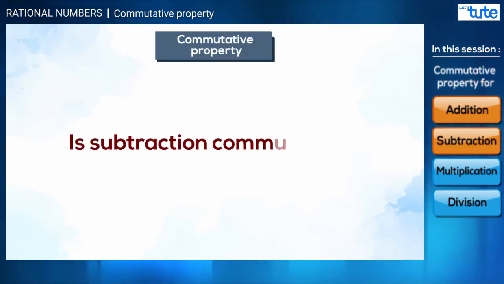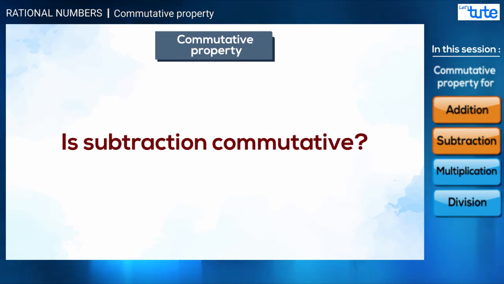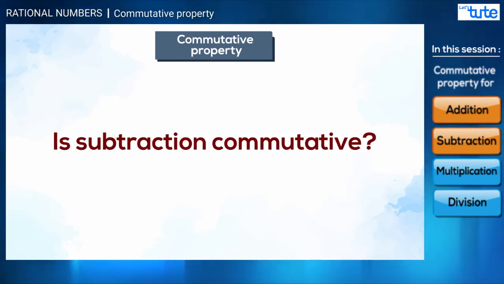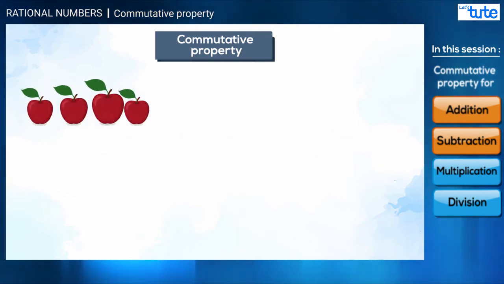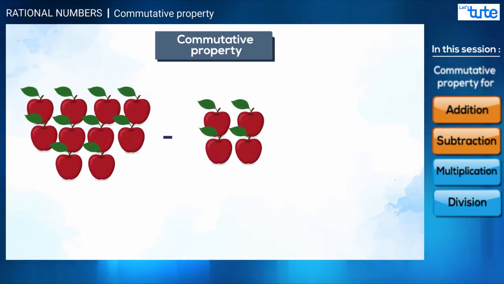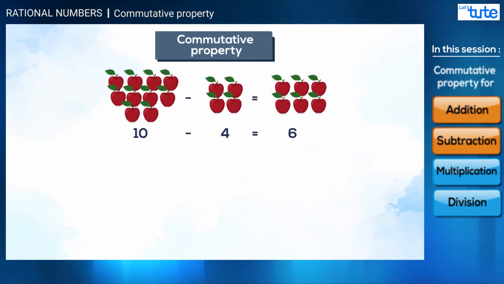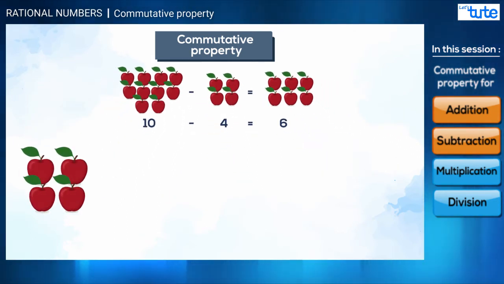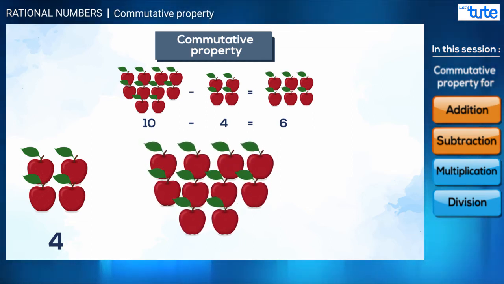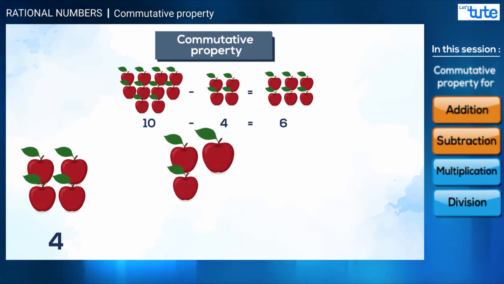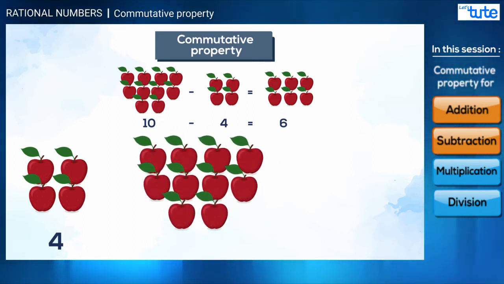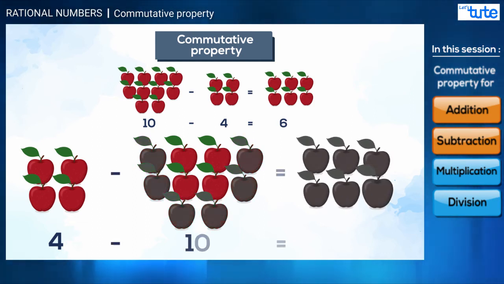Will subtraction be also commutative? Let us first understand for natural numbers. To understand this, let us assume that this time you have 10 apples and you gave 4 apples to your brother. Then how many apples are left with you? 10 minus 4, that is 6 apples, right? Now, if we change the situation and this time suppose you have only 4 apples and your brother has asked for 10 apples. Here, even if you give him 4 apples, you would have to give him 6 more. Means you have to buy 6 more.